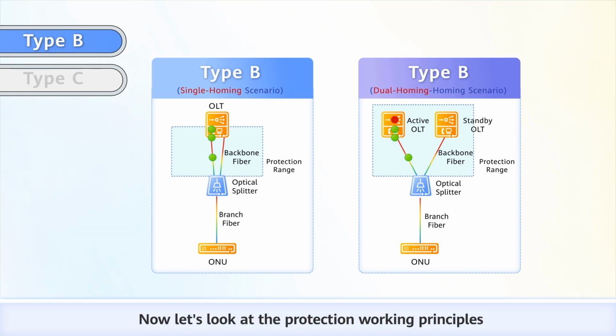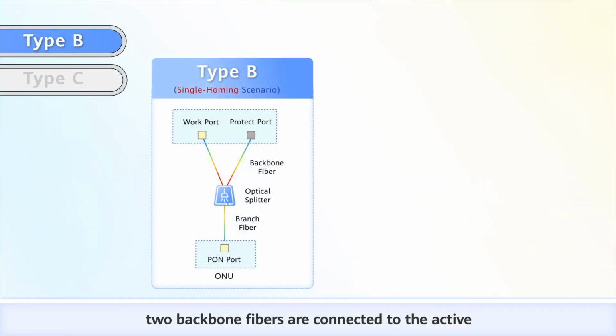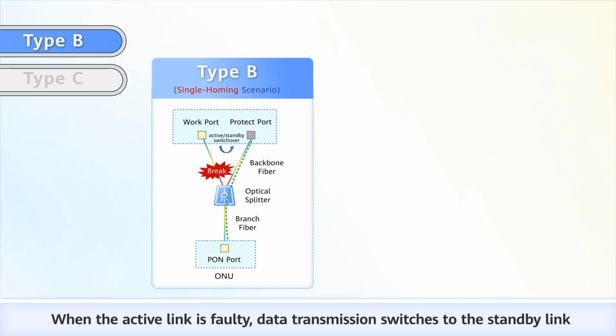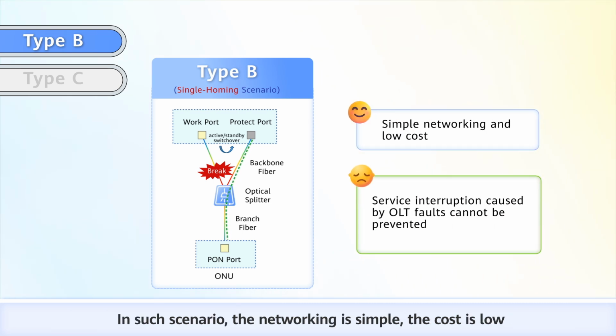Now let's look at the protection working principles. When Type B single homing protection is used, two backbone fibers are connected to the active and standby PON ports of an OLT respectively. The active link transmits data and the standby link does not. When the active link is faulty, data transmission switches to the standby link. In such a scenario, the networking is simple and the cost is low, but services are interrupted in the event of an